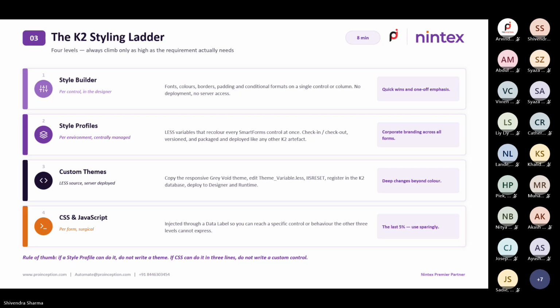After the style profiles, we also have custom themes. Themes are already provided by K2, which we can see in our K2 server. In order to create our own custom theme, we have to take one already existing theme profile. We have to save it into the server again with another name, obviously, and we need to register it in the K2 smart object table, and then we need to reset the IIS for that theme to be shown in the form